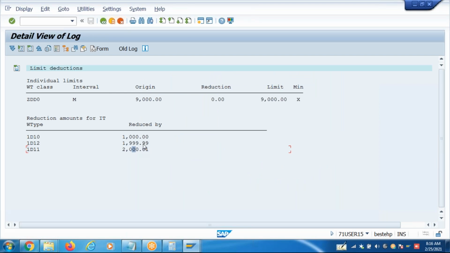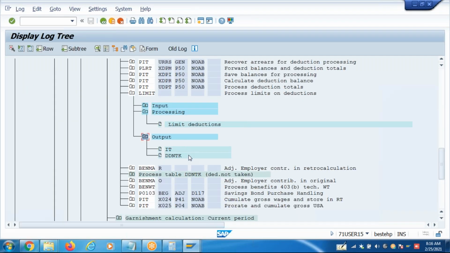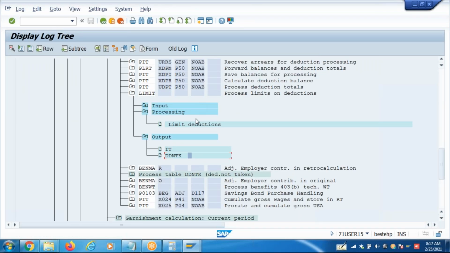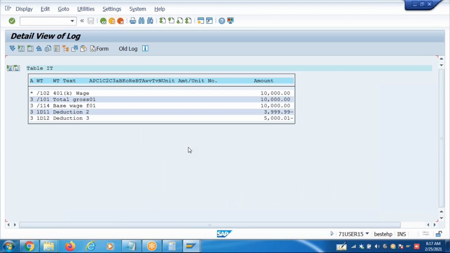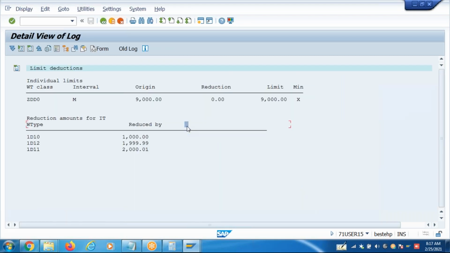Clear? So this decimal difference, we will have to customize the rounding here. Instead of 6,000, how much are we reducing? 5,000 only, whatever it is. So 9,000 is the limit now. So that's all about limits, guys. Catch you tomorrow. I'll share the video.